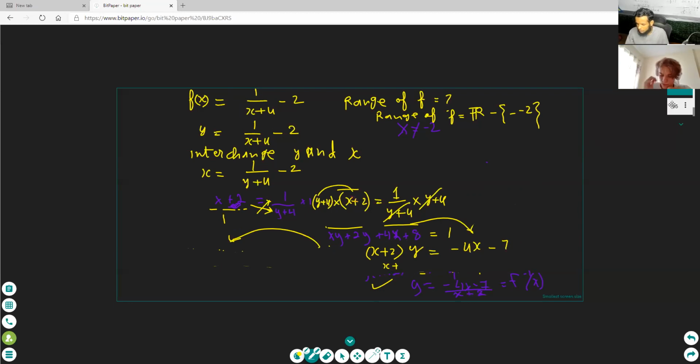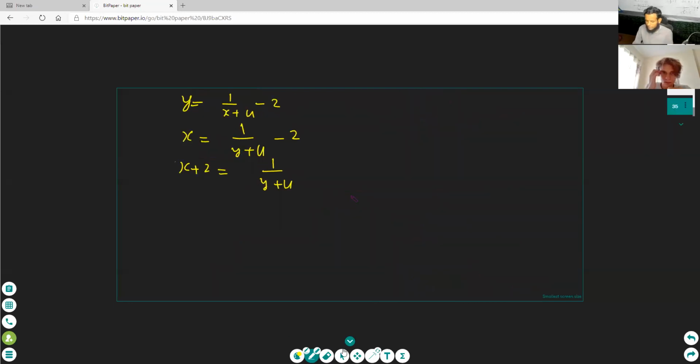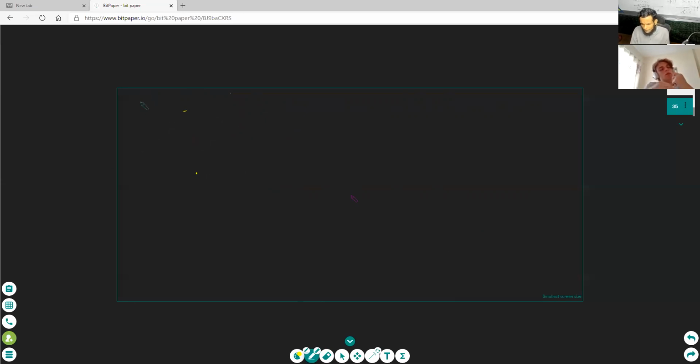Okay, this is our good answer, and you can find the inverse this way, but you should try not to make any mistake. I write the even function. Do you have an idea about even function and odd function? Can you give me an example?